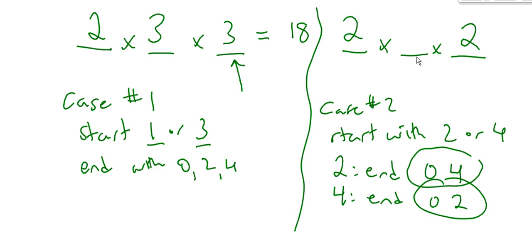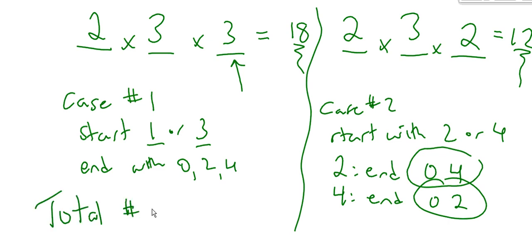Now the middle digit, again, there were no restrictions on it. So I just say, well, I've put 2 out of the 5, so there's 3 left. So 2 times 2 times 3 is 12. So in case number 1, there were 18 numbers. In case number 2, there were 12 numbers. So the total would be 18 plus 12, which is 30. So there are 30 numbers that follow the rules of the question, which is